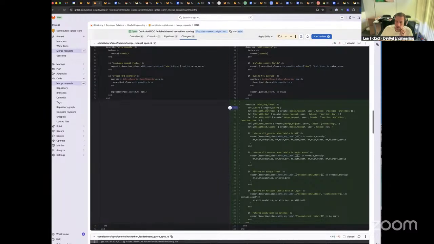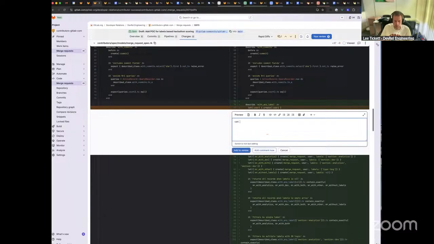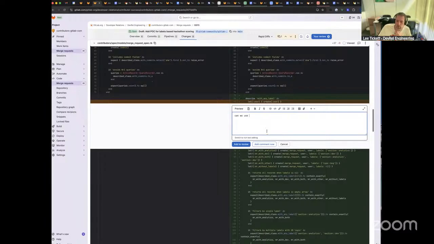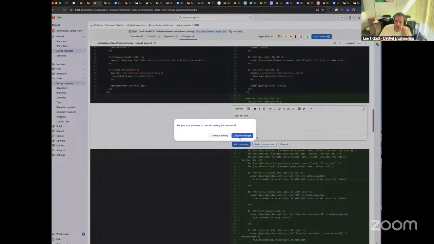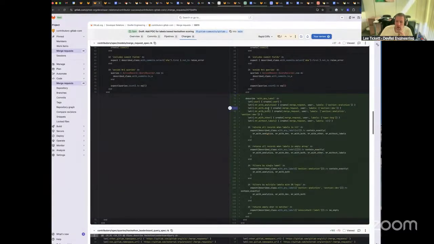Do we need? No, I'm not sure if we can actually. So we've got a Ruby cop which suggests that we use build instead of create, but it's persisting those users. So I guess it probably can't. No, no. So we create an MR